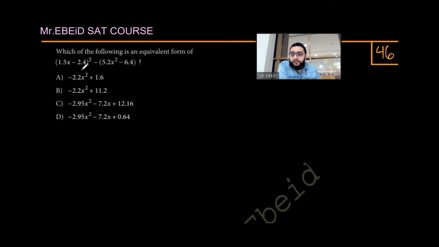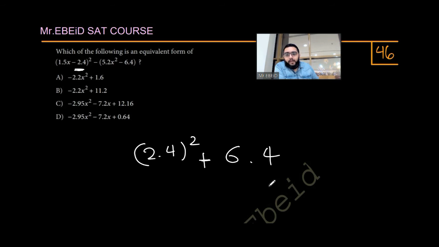You have in this question 2.4 squared. This is minus 6.4, and minus a negative will be plus 6.4. So I think the answer will be a number which is bigger than 12. So the answer is